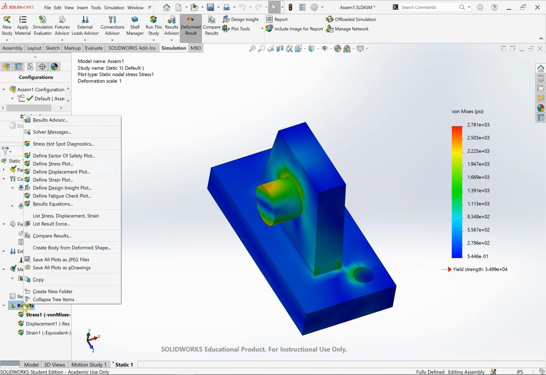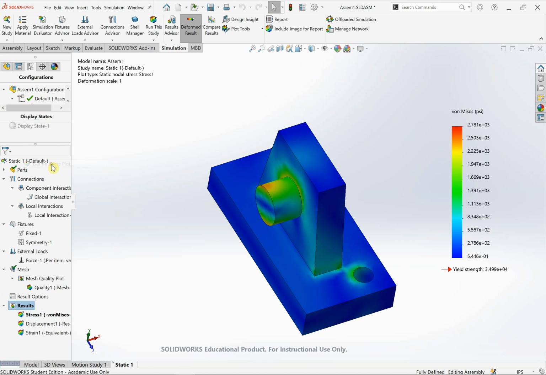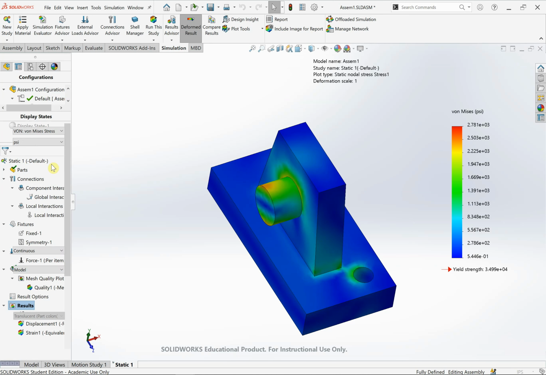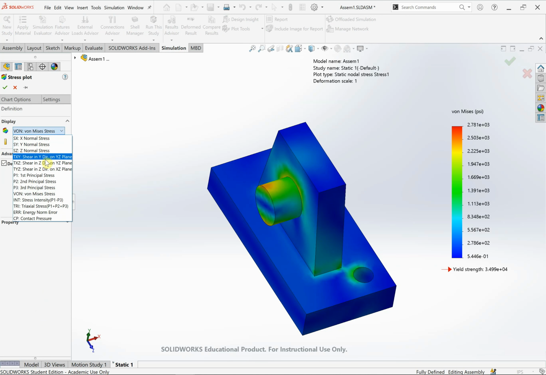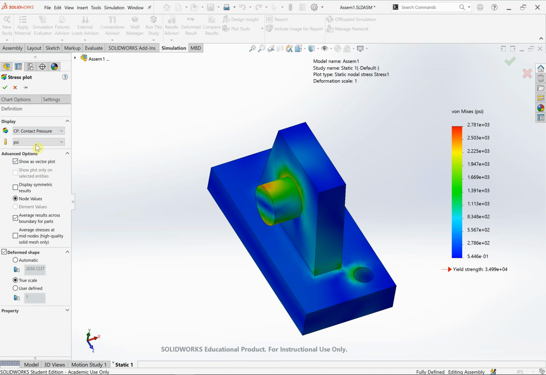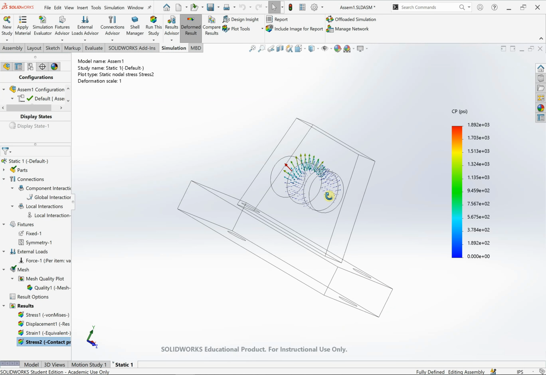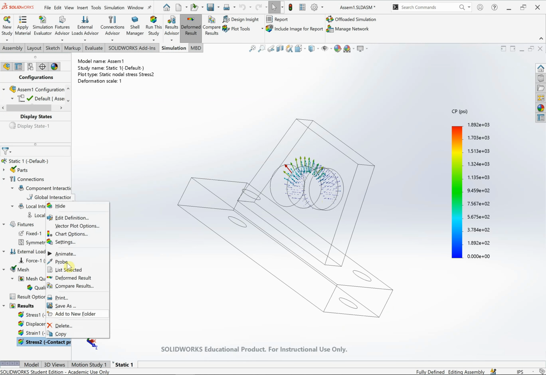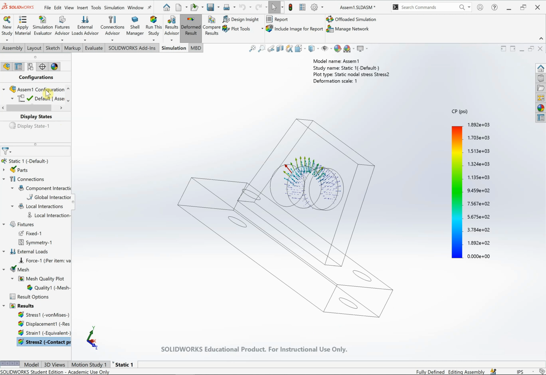We're going to create a new plot in this case to see what's going on with our contact. So I'm going to create a new stress plot, and we're going to make a plot of contact pressure. Notice this only shows up because we have contacts occurring. We're going to show it as a vector plot. We're going to look at it, and you're going to see these arrows show up. So we're going to actually edit its definition,